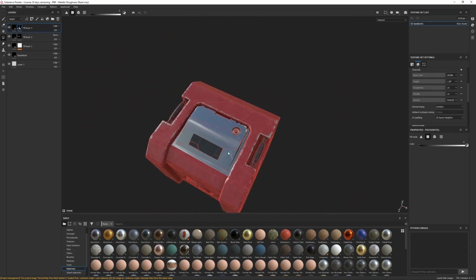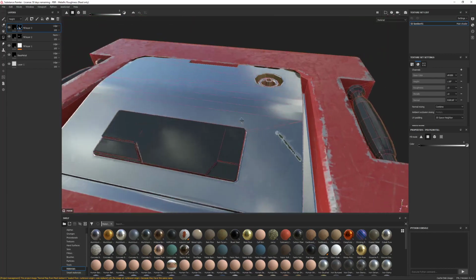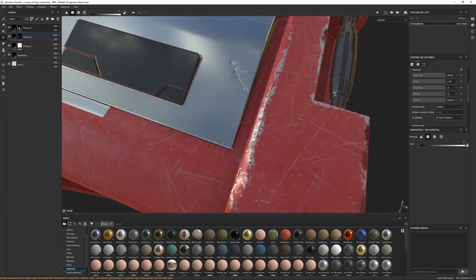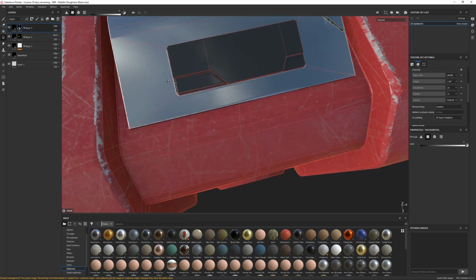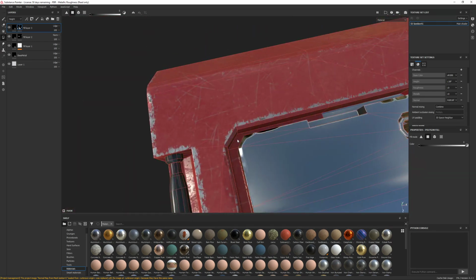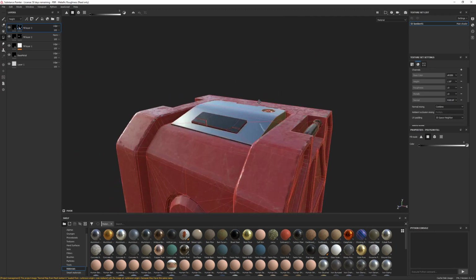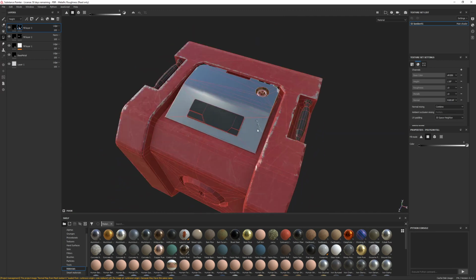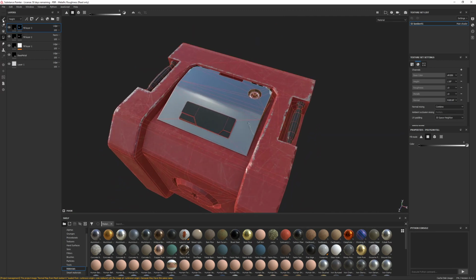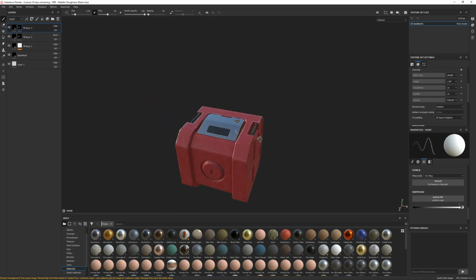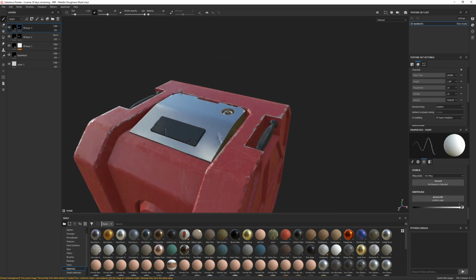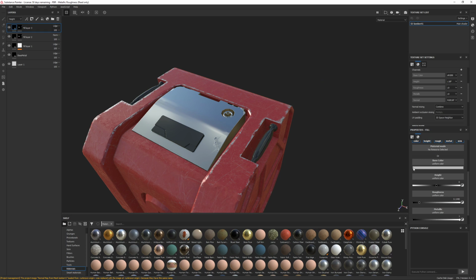So X is just inverse. Don't know about this color, but